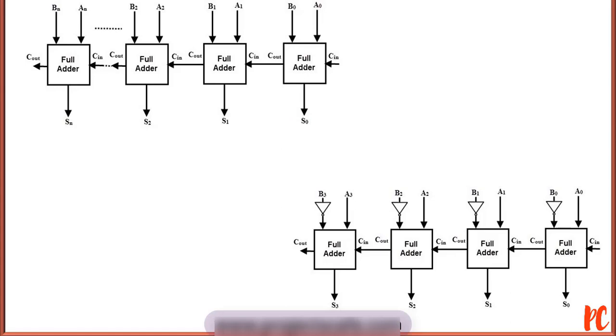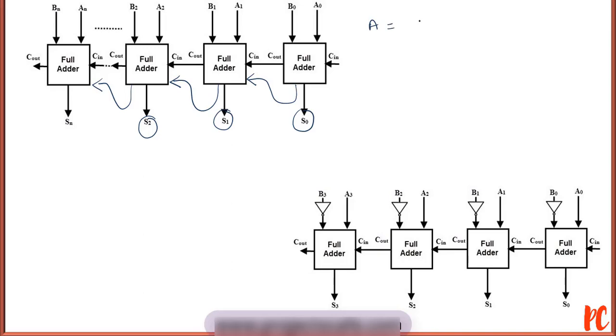Initially, this is my first full adder, for which this is the sum and the carry is being pushed to the next stage of the MSB. In the next stage, this is the sum and the carry is being generated, which is being further forwarded to the next stage. And for the third full adder, this is the sum and the carry again is being pushed to the further stages. This could be explained with an example. Let me take the example.